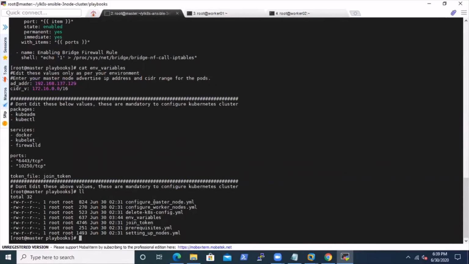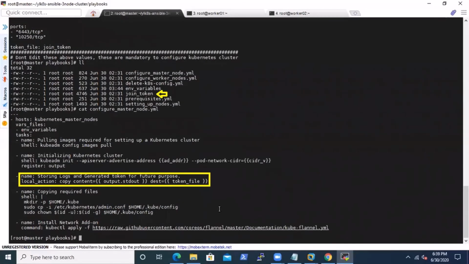Now if you go to the master node.yml, this is used to configure the master node. Basically it will create a token and store it in the join_token file, so that worker nodes can use this while joining the cluster.